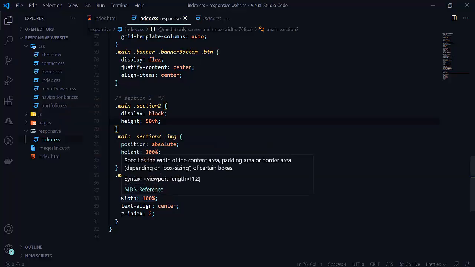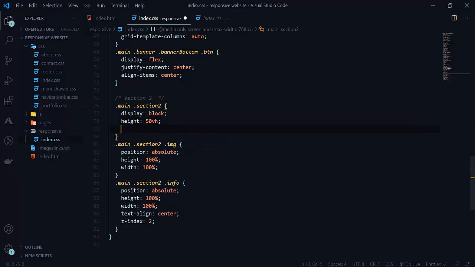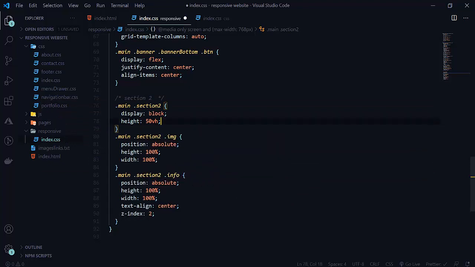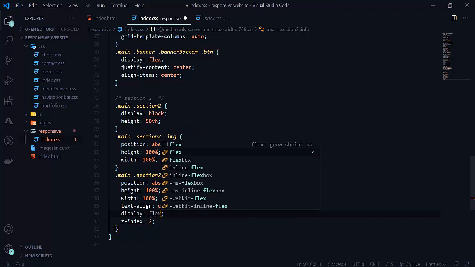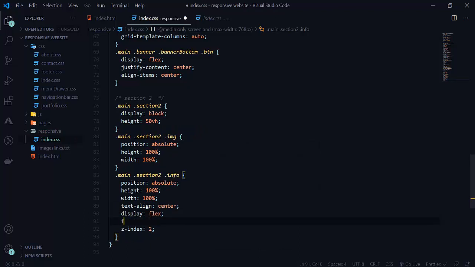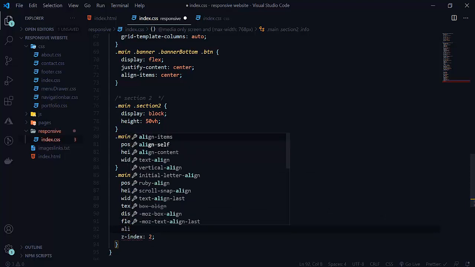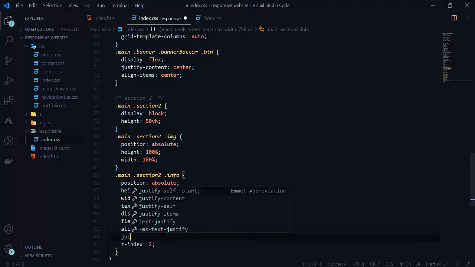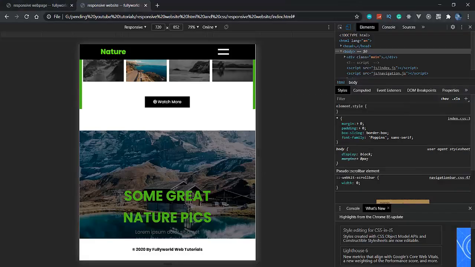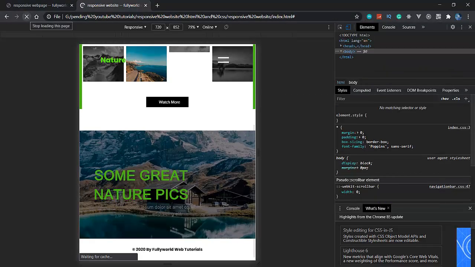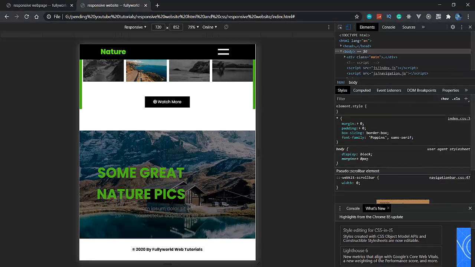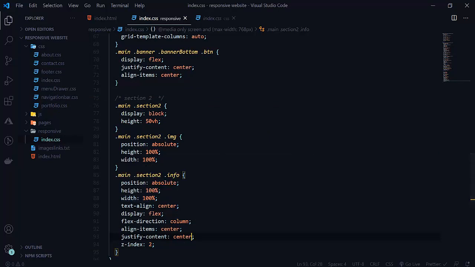Now let's change its position to info. Its position is absolute here. So let's change its display to flex, and flex direction to column, and align items we want center, and justify content also center. Now see that we are at the center. Just we have to change our text now.